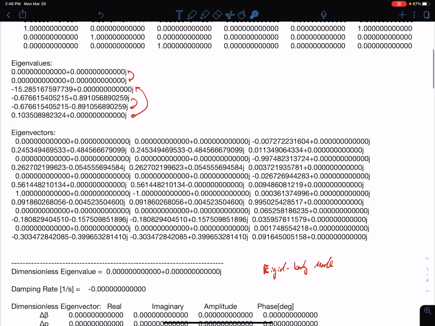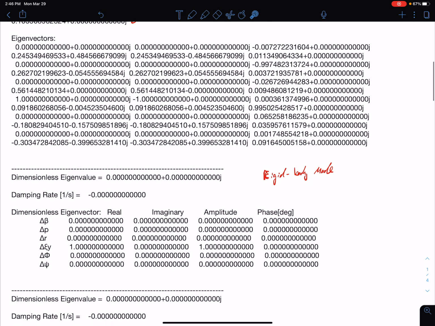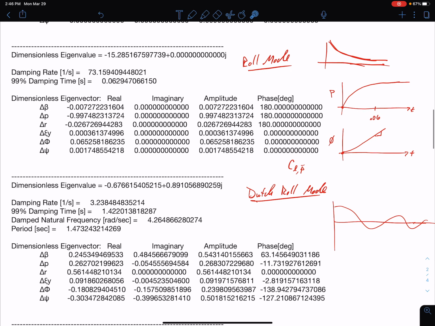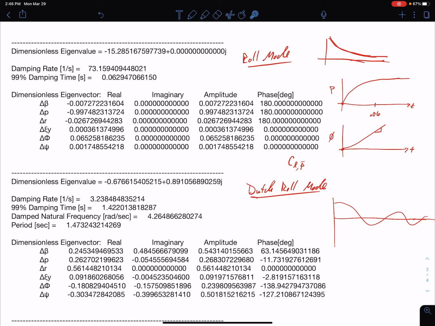Okay, so those are the lateral modes, and these are typical modes. Now, again, we're looking at glider values here for this particular example, and so some of these numbers' magnitudes may be a little different than they are for conventional manned aircraft or other aircraft that you may be looking at. But in general, these are the types of modes that you'll get out of your lateral dynamics solver.